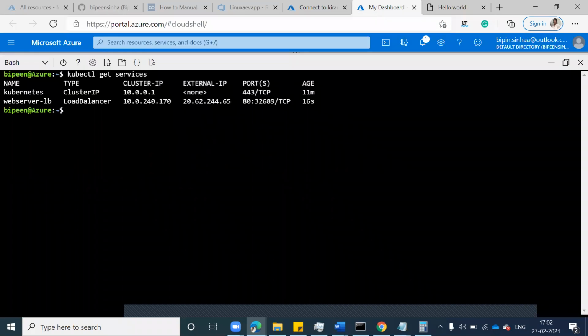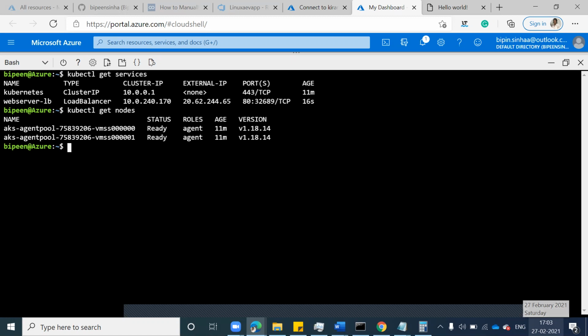Just check kubectl get node. And one question here: when you're creating replicas, do we need to have the same number of nodes as replicas? Not required. It will be managed by the Kubernetes manager. You do not have to do anything.